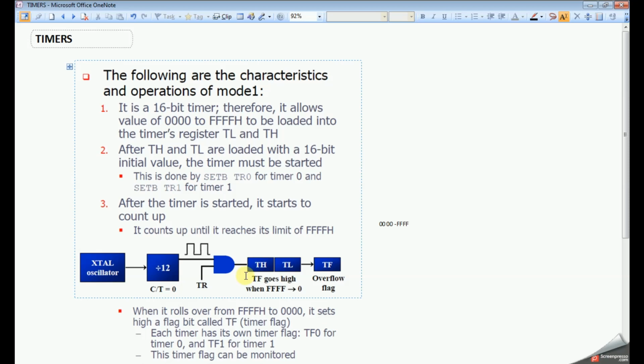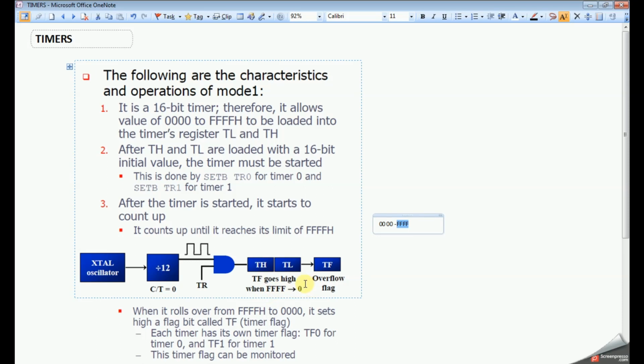There is a TF flag, the timer flag. That flag will be raised whenever the timer overflows. That means if initially we set the TL and TH values to 0000, it will start counting and reach the maximum value. Once it reaches the maximum, on the next increment the value will overflow and become 00. Whenever it overflows, the timer flag TF will be set.